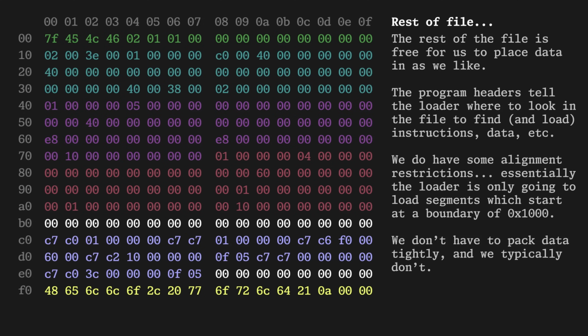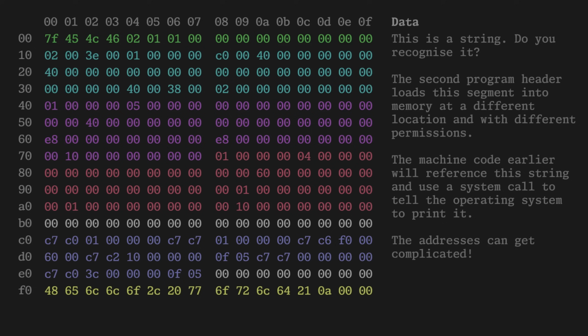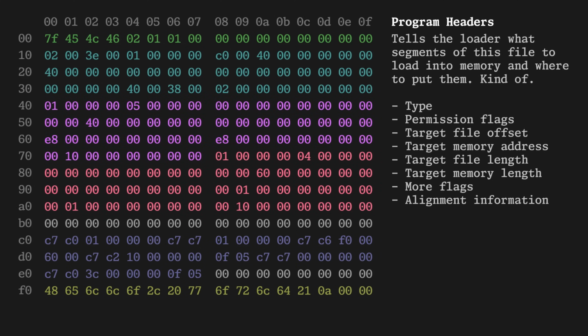I'll highlight two areas that I've put data in this file. The first is where I've put the x86-64 machine code, which is going to print out a message and then exit. The second is where I've put the string that we want to print. In this executable, we have two program headers which are going to load these bits of data into memory at two separate locations with different permissions. This is sort of pointless in a program this small, but I thought having two segments might illustrate the way